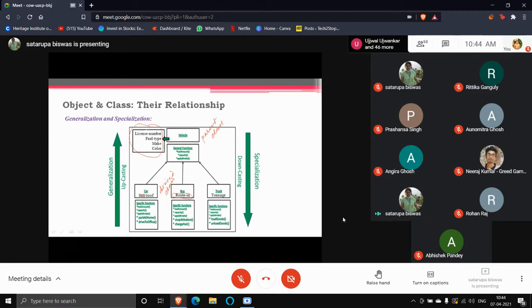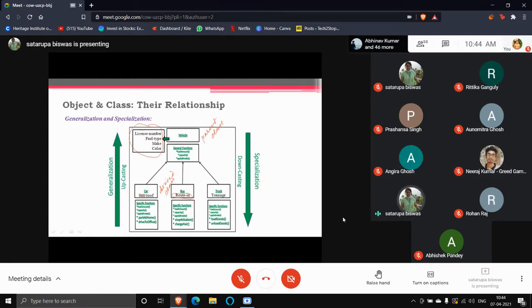Which portion could be reutilized? This is a portion of the code which can be reutilized by all three classes. But if you go for car, bus, and truck classes which are not related with each other, you have to write the entire code again and again. It will be just repetition.